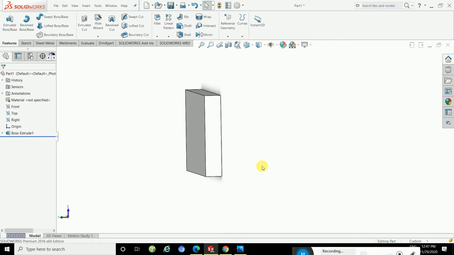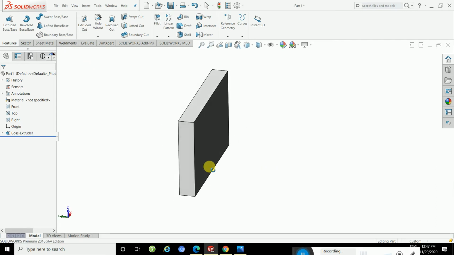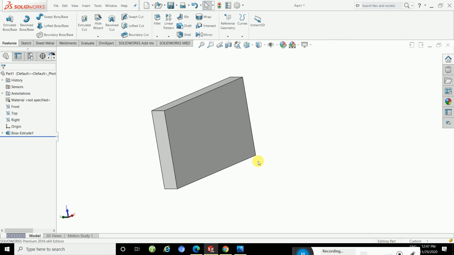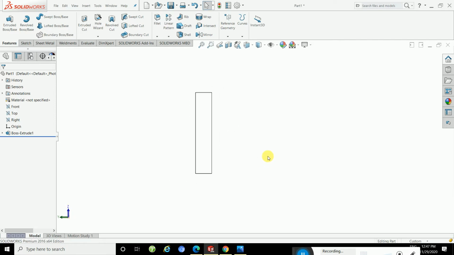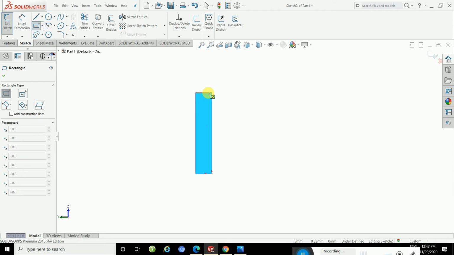Okay, so how to apply the normal? Just press the keyboard space bar. Okay, select and then create a sketch. Okay, and again apply a corner rectangle here.